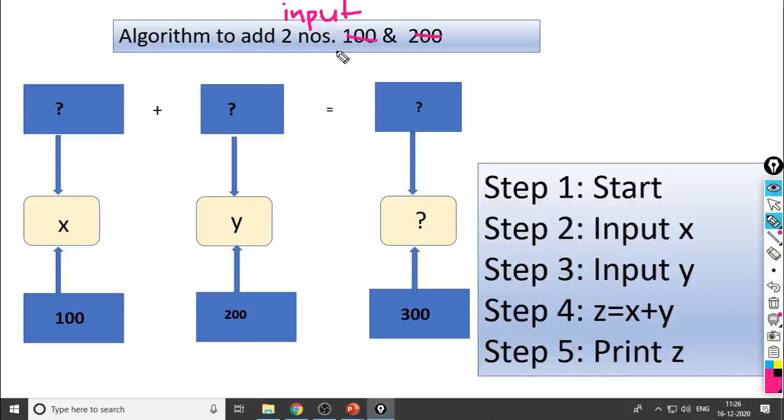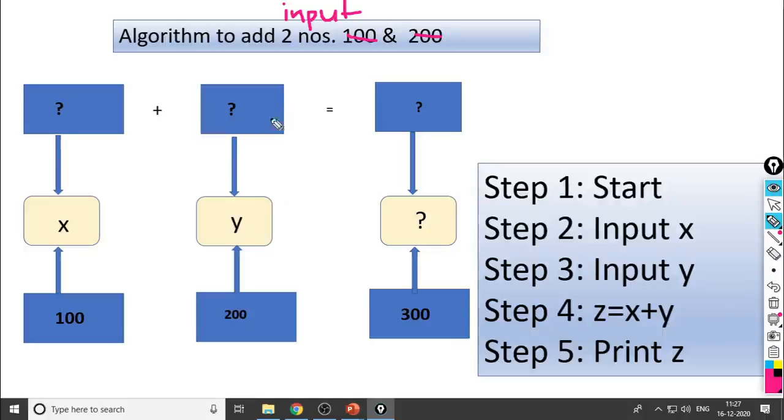When we write the program for this, it will ask the user to enter a value for x, enter a value for y, and whatever values are entered by the user, our algorithm is going to perform addition on these two numbers.